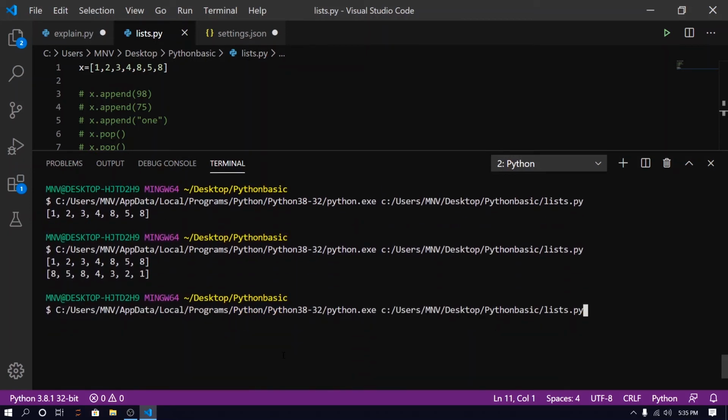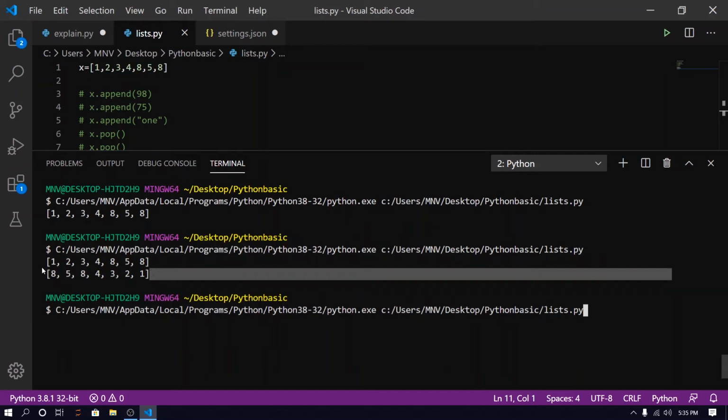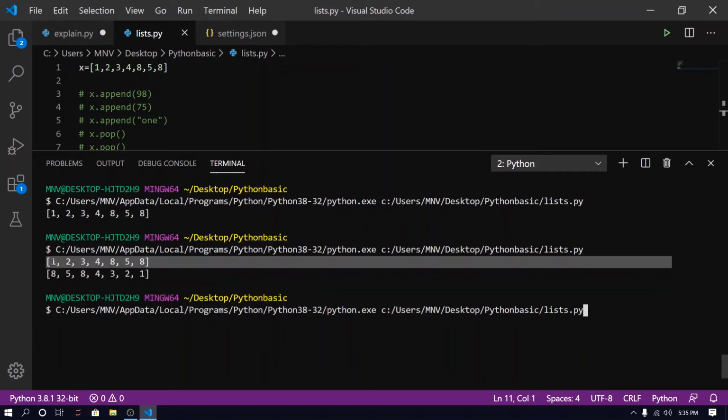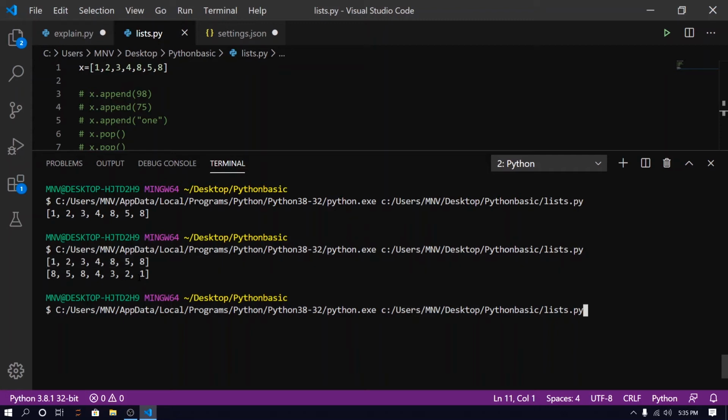Okay, I got it. So you can see that this is our first x, and after that we call the reverse method. This is our first element, and after I reverse our list, that element is now the last element. So we reverse our list, that is our one method. The reverse method just reverses our entire list.